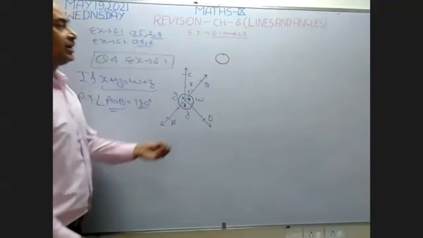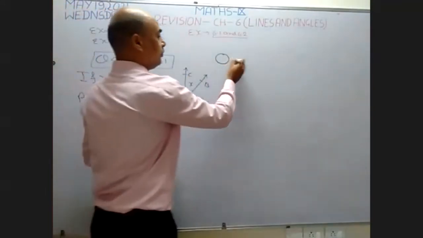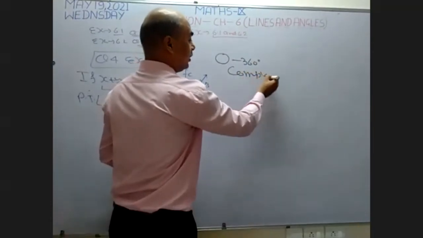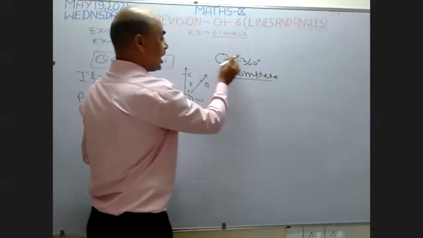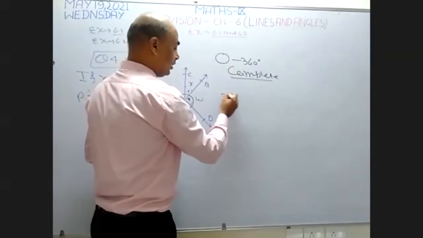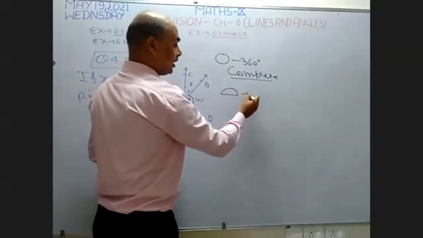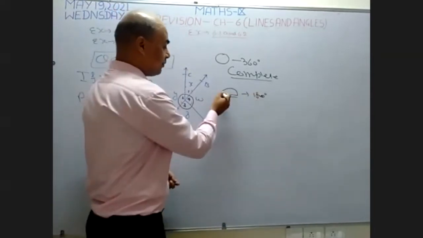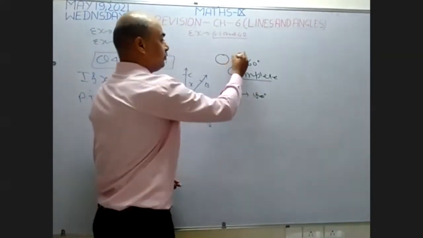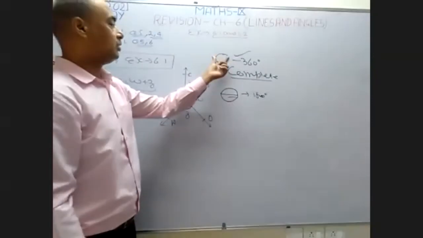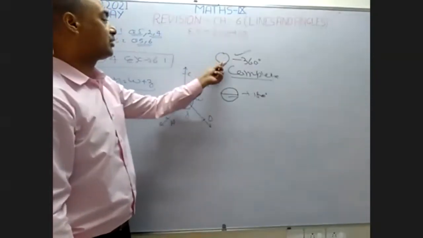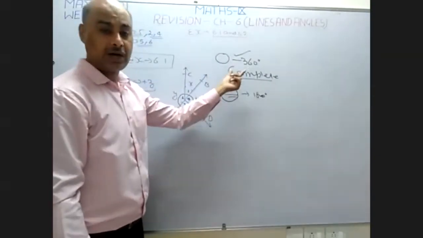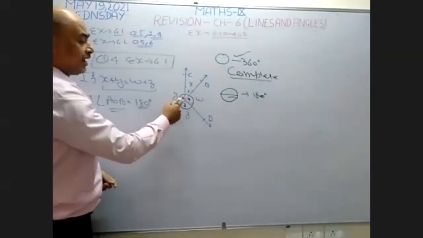And you know, the degree of a circle is 360 degrees. Why 360 degrees? Because it is a complete angle. It is known as a complete angle. If I halve the circle, then it becomes a straight angle, which means 180 degrees. And when I complete this, 180 plus 180 becomes 360 degrees. When all the angles form a circle, they form 360 degrees. This is known as a complete angle. Okay? These four angles are going to make a complete angle.